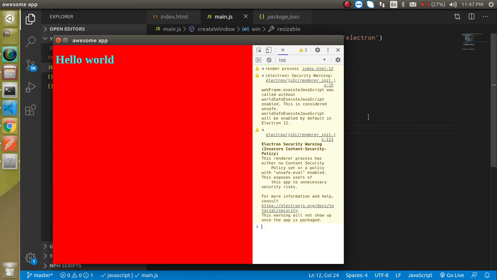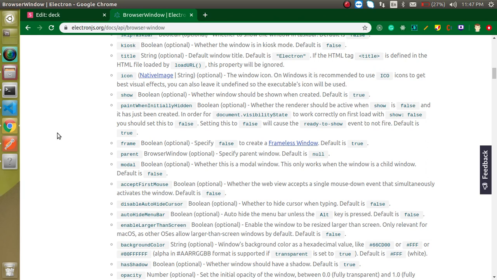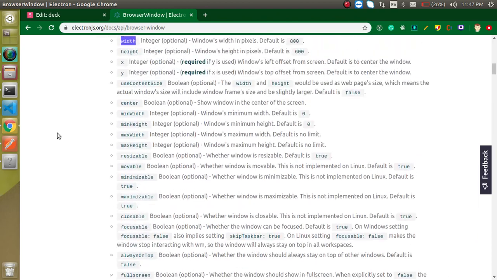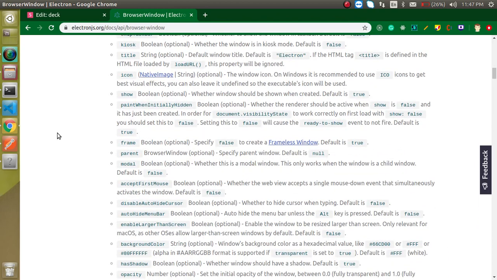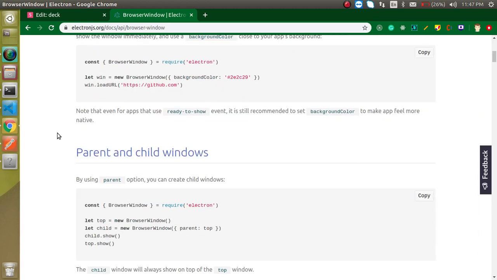In the same way you can change your icons, opacity, and lots of things. Keep in mind that some properties don't work on Windows, some properties don't work on Linux, and some properties don't work on the Mac operating system also. So before applying any property, just check carefully whether it is working properly or not. And in the next video we will talk about how we can make a child window and the use of child window and all, right?